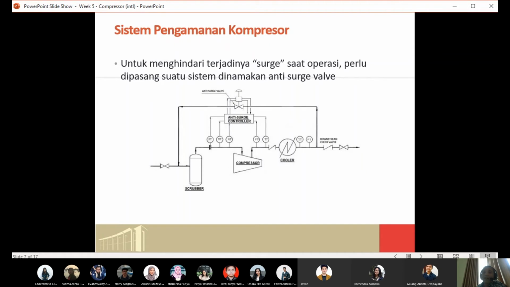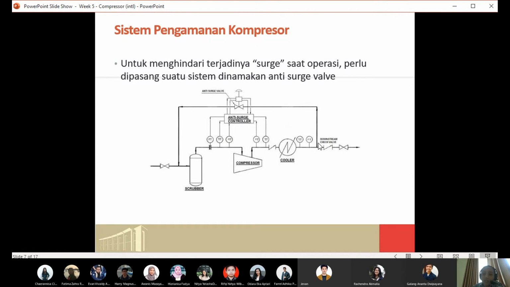Simply we recycle the gas from the outlet of the compressor, which has the higher pressure, back to the inlet of the compressor, which has the lower pressure, by providing a so-called anti-surge valve. This system is called the anti-surge system.